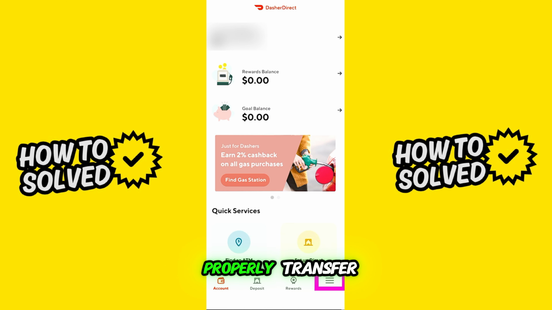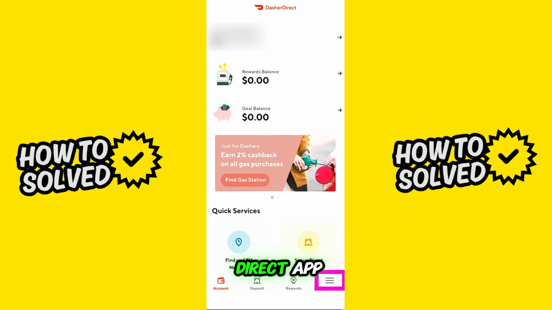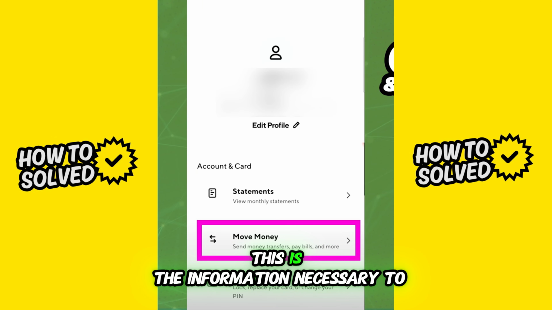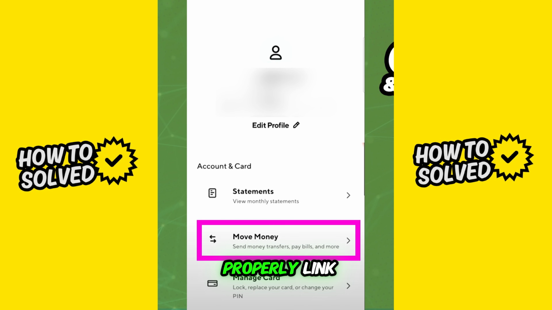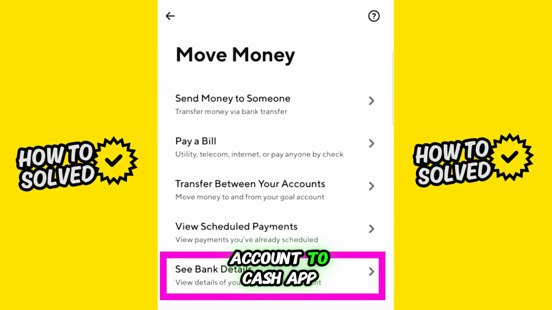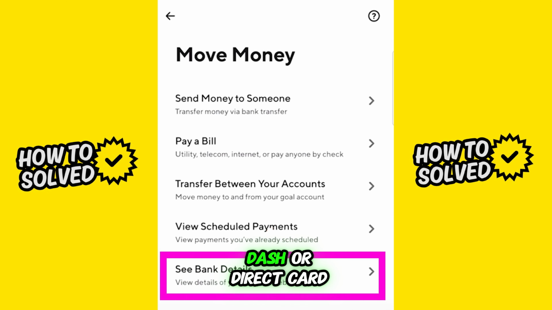All you have to do to properly transfer money from your DasherDirect account to Cash App is first, within the DasherDirect app, make sure you acquire your account number and routing number. This is the information necessary to properly link your DasherDirect bank account to Cash App and receive the funds as fast as possible. So after you acquire that information, or those credentials for your DasherDirect card, go back to Cash